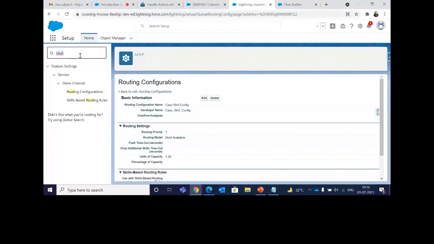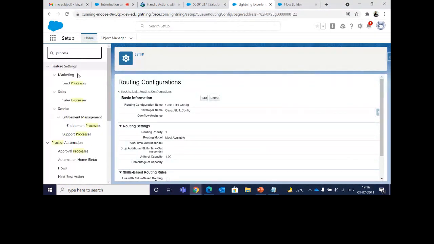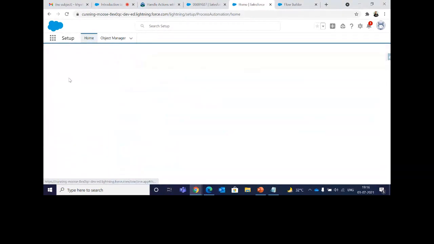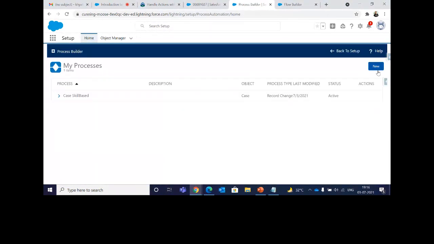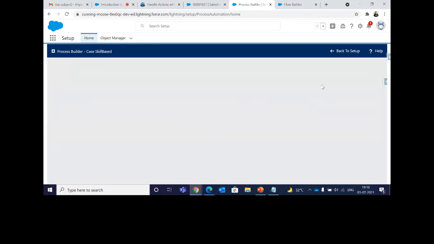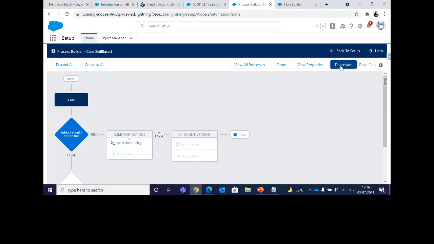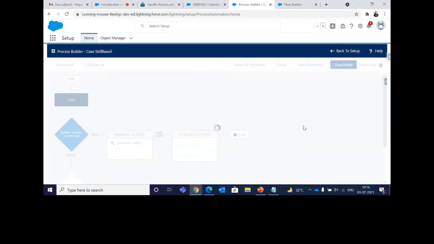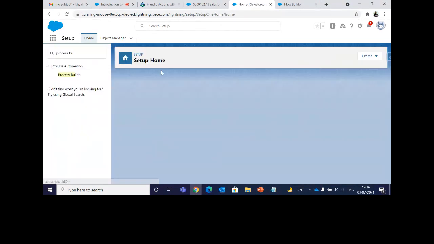Now go to process builder and I'll quickly create a process builder. The same way we created this, I have to deactivate it because the same object won't work. So just deactivate it.